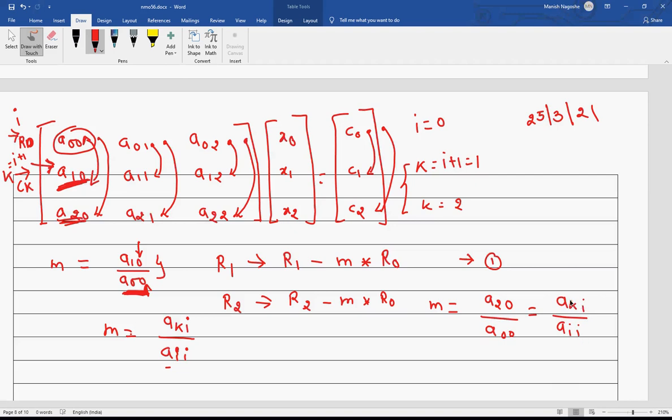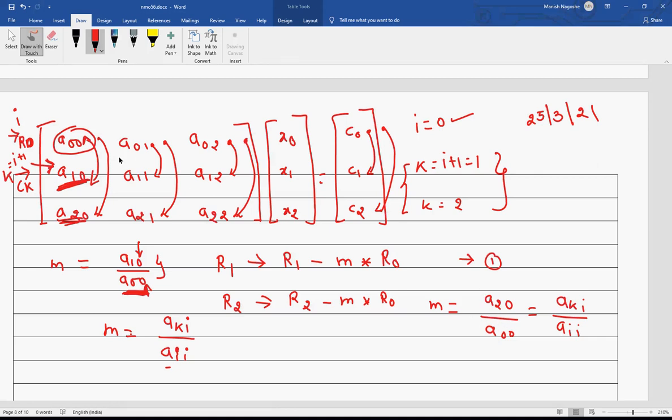So I will be 0 and K will keep on changing from 1 to 2. So you get A10 upon A00, and you get A20 upon A00. So I still remains 0, only K is changing. This is how we are going to get the operation.